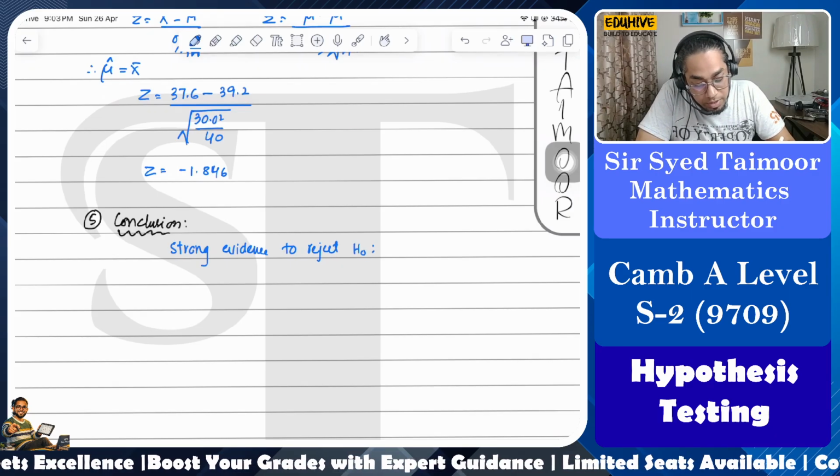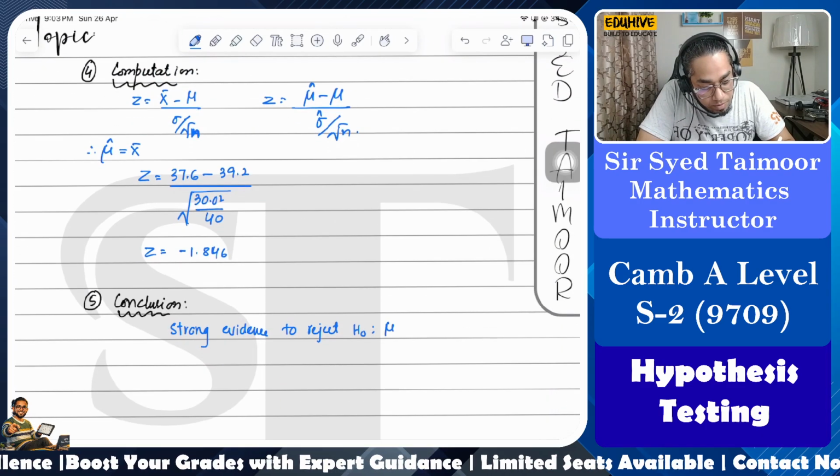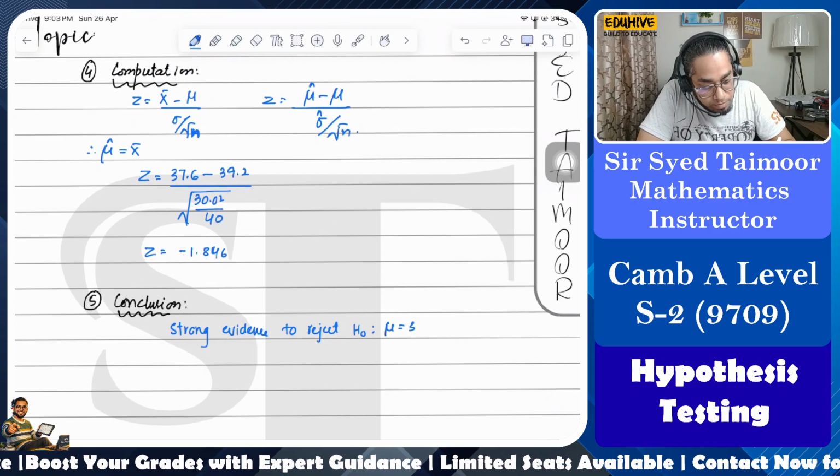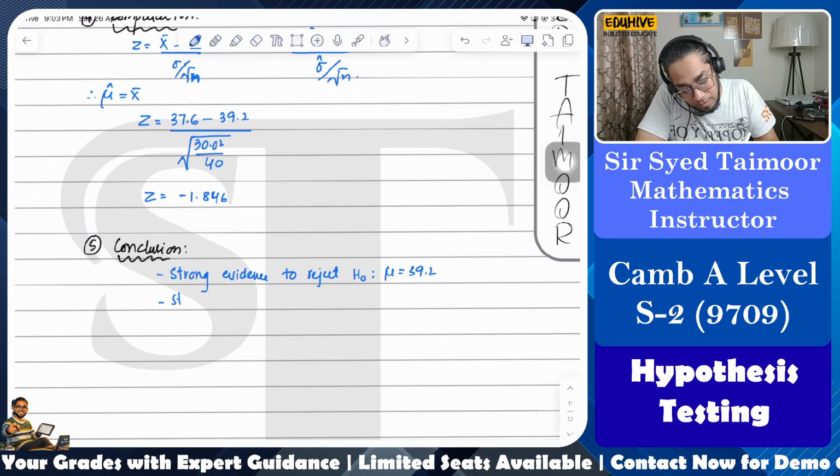Strong evidence to reject H naught, which is mu equal to 39.2. Or you can write,